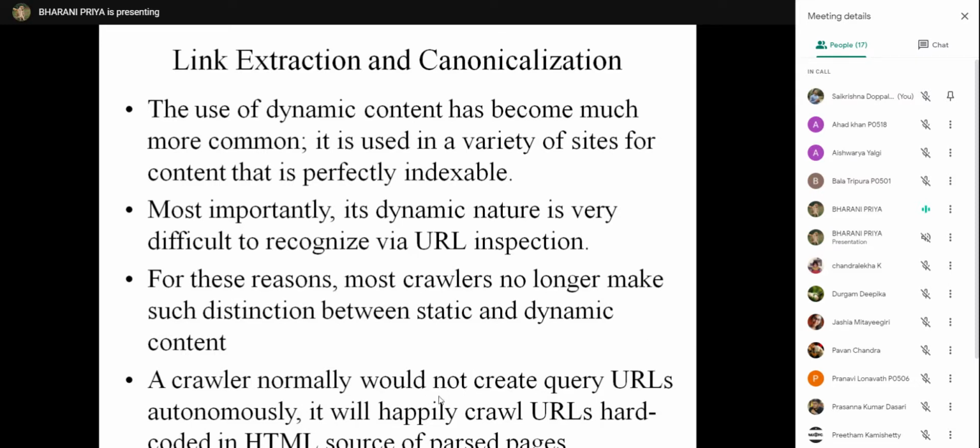A crawler will not make query URLs autonomously, that means independently. It will happily crawl the URLs that are hard coded in the HTML source of the pages. That means they can easily be downloaded. That means static pages and dynamic pages, all the HTML pages can be crawled.